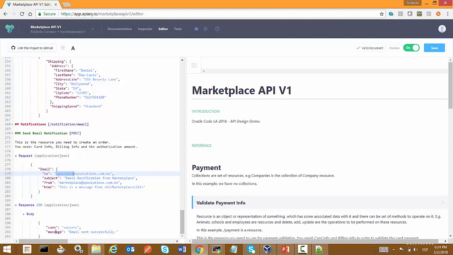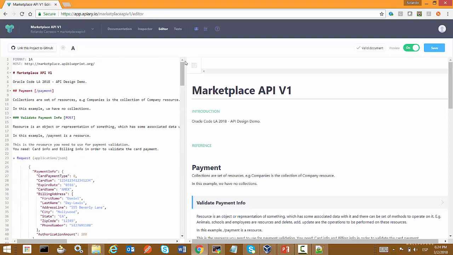As a response, I'm going to have a notification of whether my email was sent successfully or not. So this is the first version of my API.